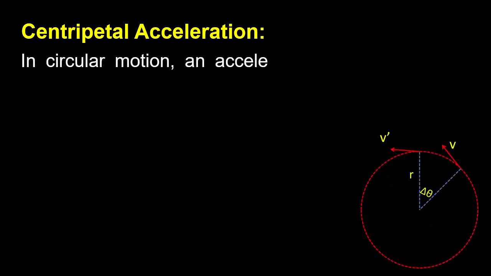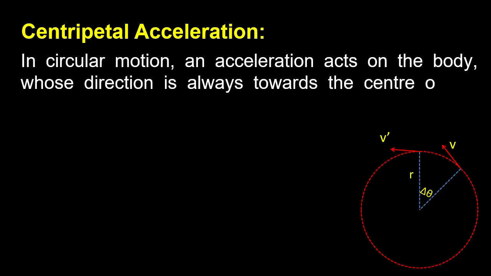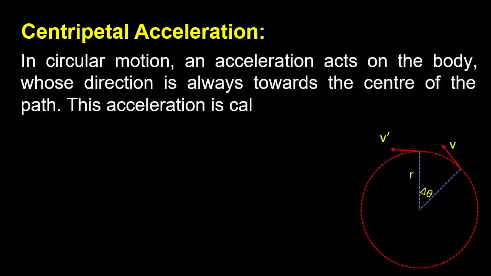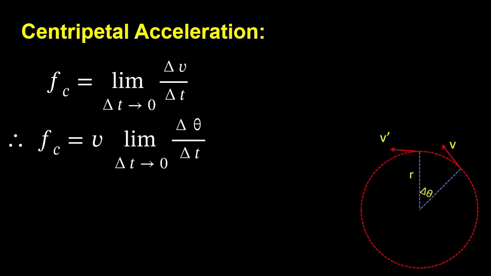Centripetal acceleration. In circular motion, an acceleration acts on the body whose direction is always towards the center of the path. This acceleration is called centripetal acceleration. Centripetal acceleration, a c, equals limit delta t tends to 0 of delta v by delta t. Therefore, a c equals v times limit delta t tends to 0 of delta theta by delta t,